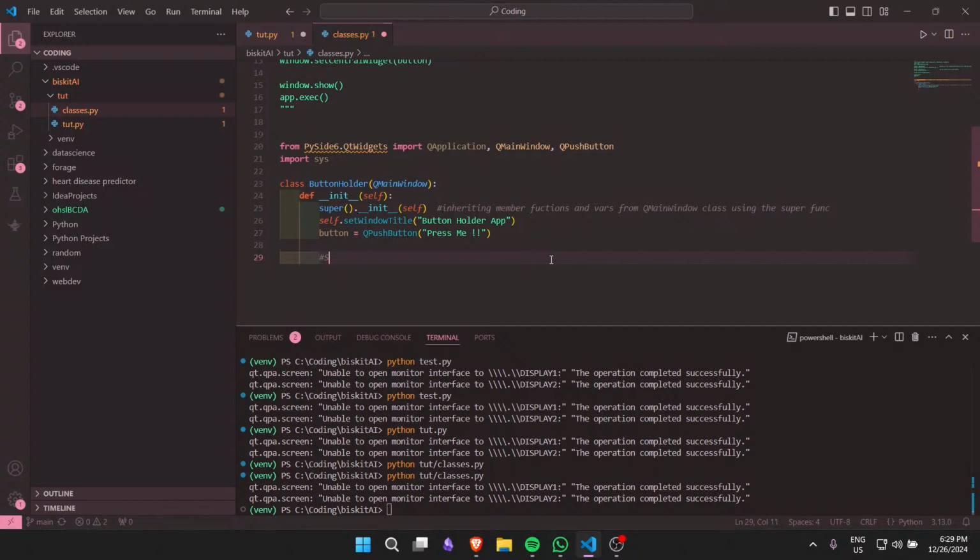So we're going to say self.setCentralWidget, and we will pass our button as the central widget. Okay, now that we have this, we can